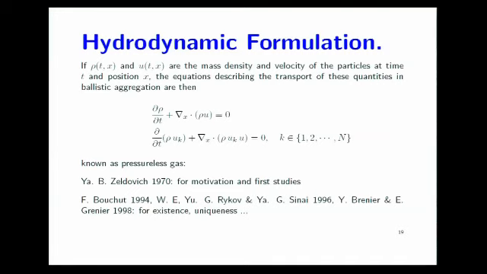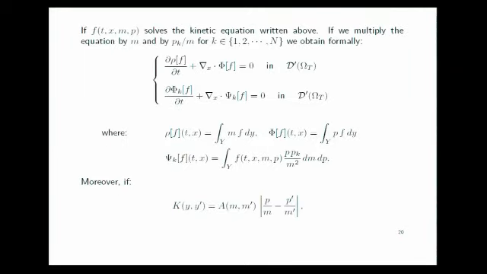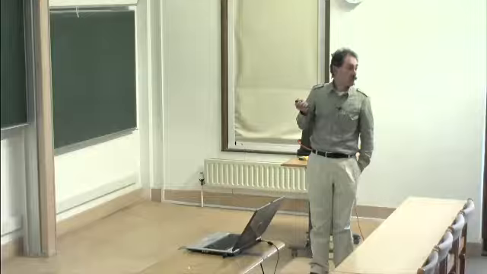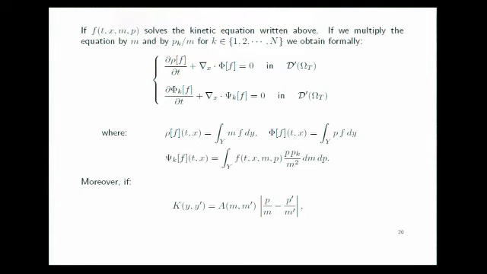As usual, with this formula you can do something, which is to suppose that F is a very classical solution. You suppose that F solves the kinetic equation, then you look at the evolution of the moments of the function F, and you get a system of that form for two functions, phi and a family of psi k. I wrote them in that way. So that's not exactly the system yet, but well, if